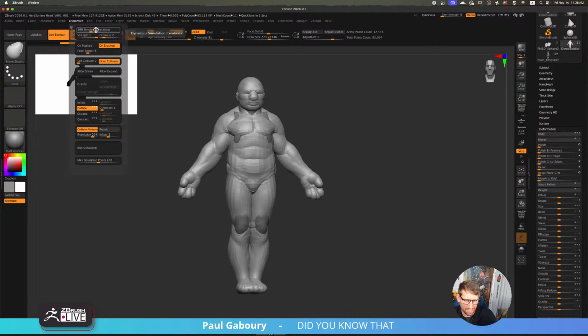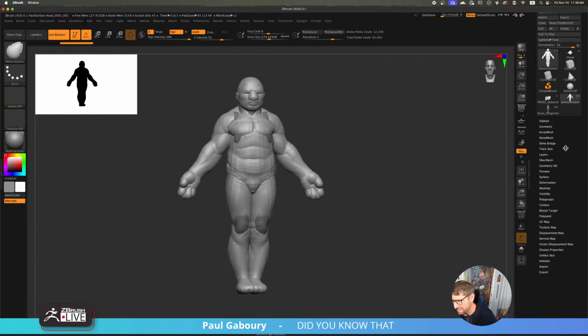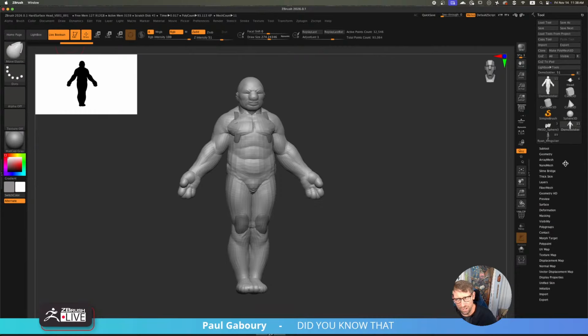Is there a way to do landscape, hydraulic, river, erosion, corrosion in ZBrush, maybe using terrain tools? So you're just trying to do terrain. Obviously, you can use surface noise to help with terrain, and it's going to be more alpha driven. You could also use thick skin to help with that too. If I get what you're trying to do sculpturally, you could do that for sure.